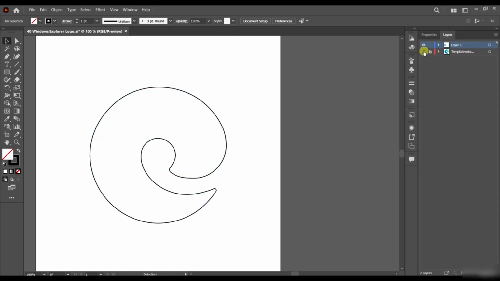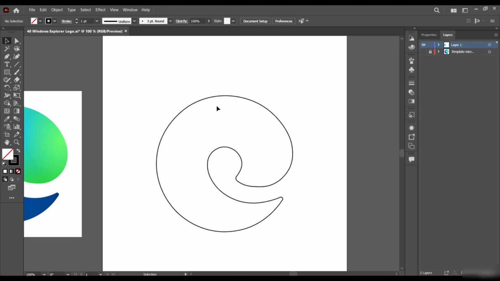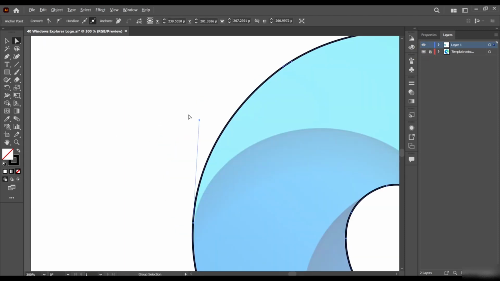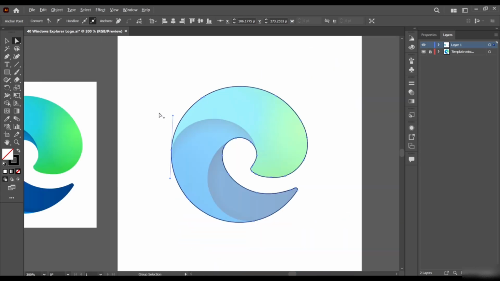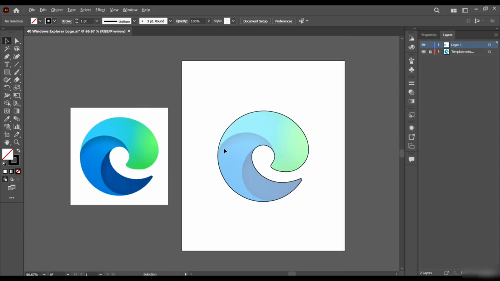We have our curve, or rather an overall sample of our shape, and we can make do with this. Maybe I'm just going to edit this curve like this. Sorry, Control Z. Maybe drag this one a little bit like this. I kind of like what we have so far. Let me just hide this layer to see what we're having. Yeah, I think we're having something better now.